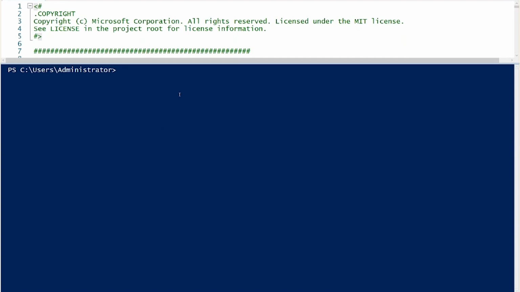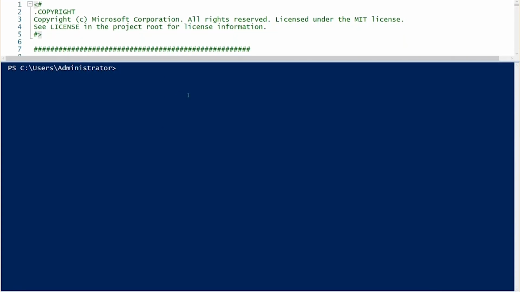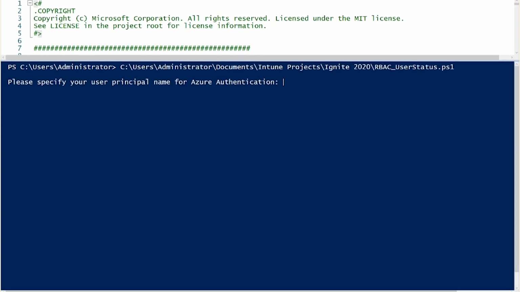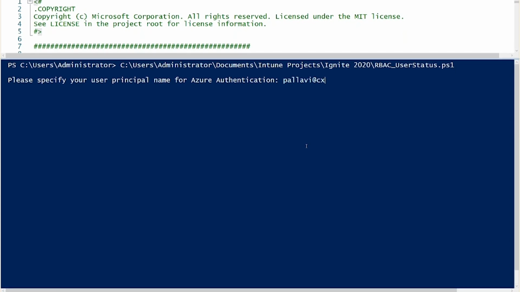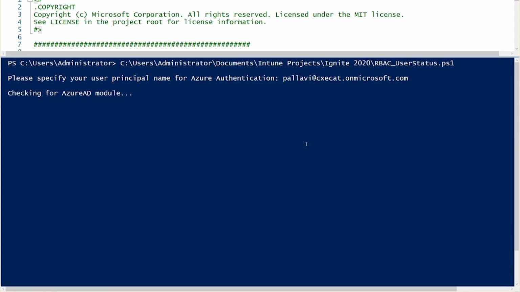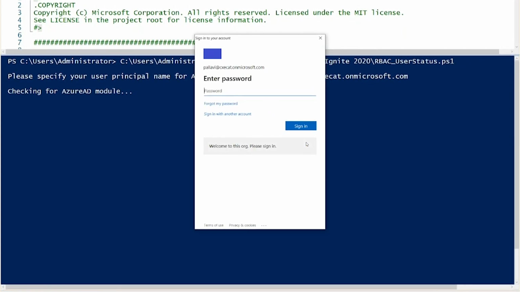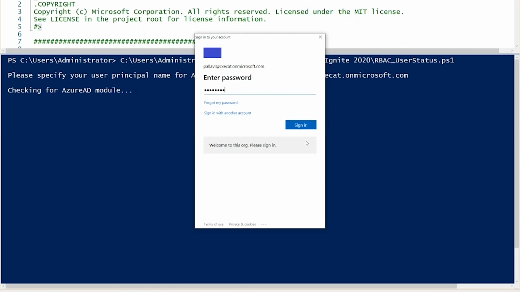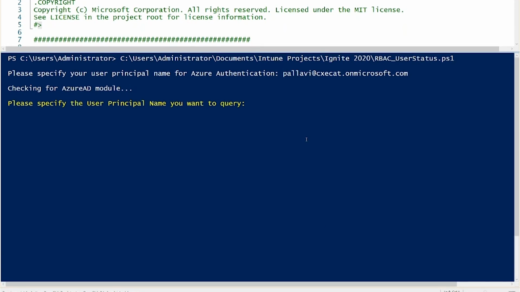So I have opened the script RBAC_user status for troubleshooting. The script is already available on GitHub for you to download. It starts off by requiring me to authenticate. Once I do that, it will ask for user principal name.